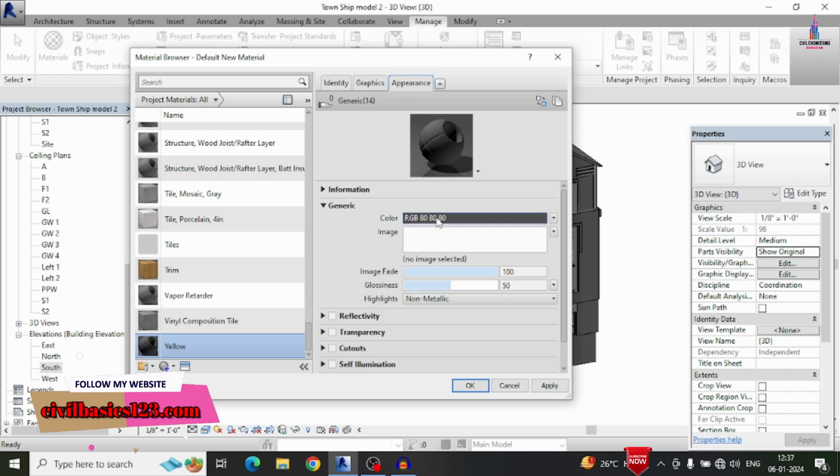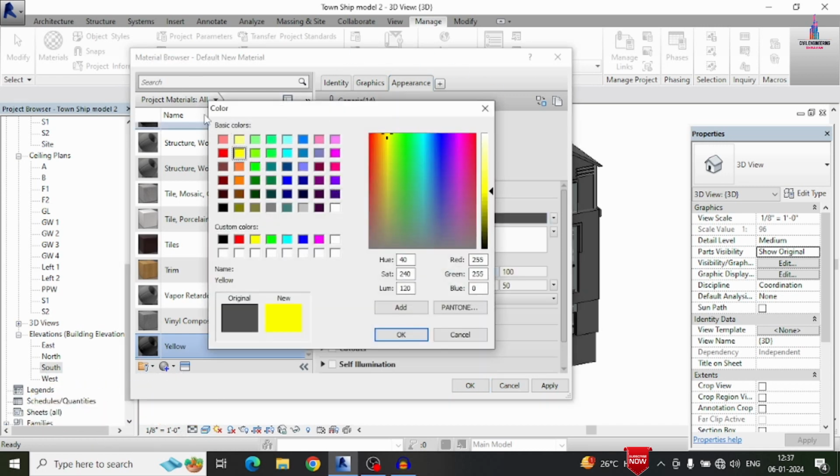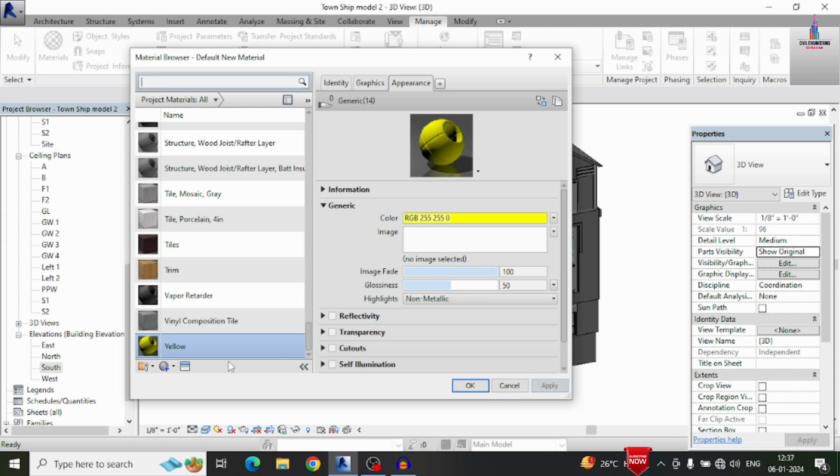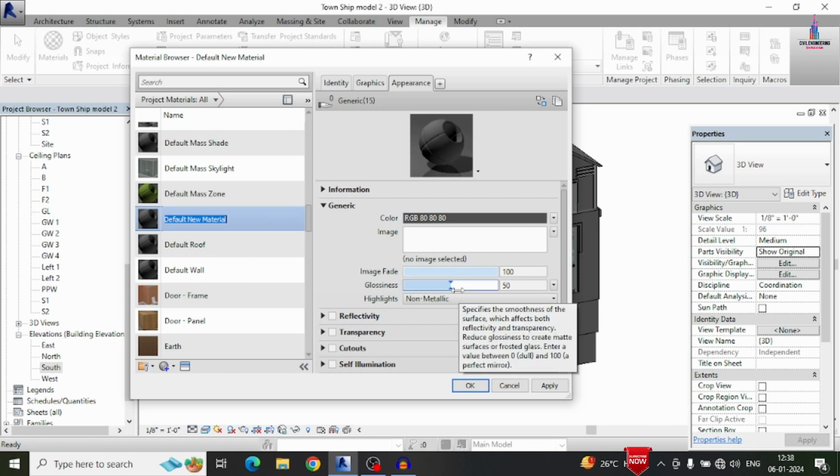So select the appearance option, click on this option. You can select the yellow color, depending upon your consideration. You can select any one of those by using this. Here I am selecting only the yellow. Click on apply option. After this, again we have to select one more color. In this case I am selecting yellow color, blue color, white color, orange color, red color, foam and light green color. Here I am selecting the second color, which is the blue option.